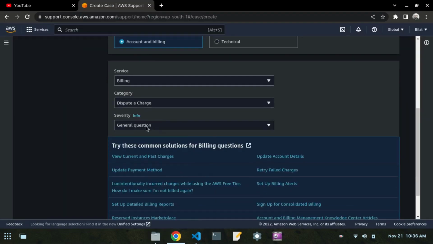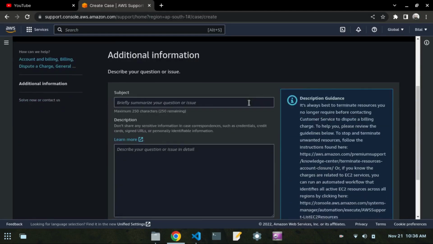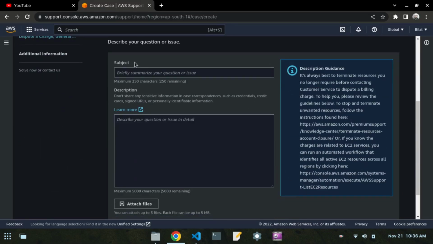All right. So leave this severity as it is, general question. And now let's click on the next step, that is additional information. All right. So now as you can see, this is giving me the subject and the message description here. So what you need to do is to write that, let's say, a request for the waive of the bill. All right. And now in the description you can write that